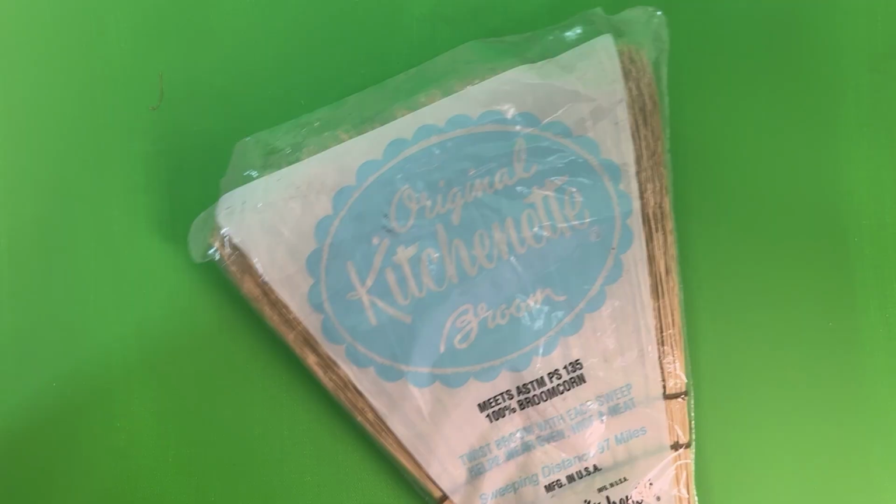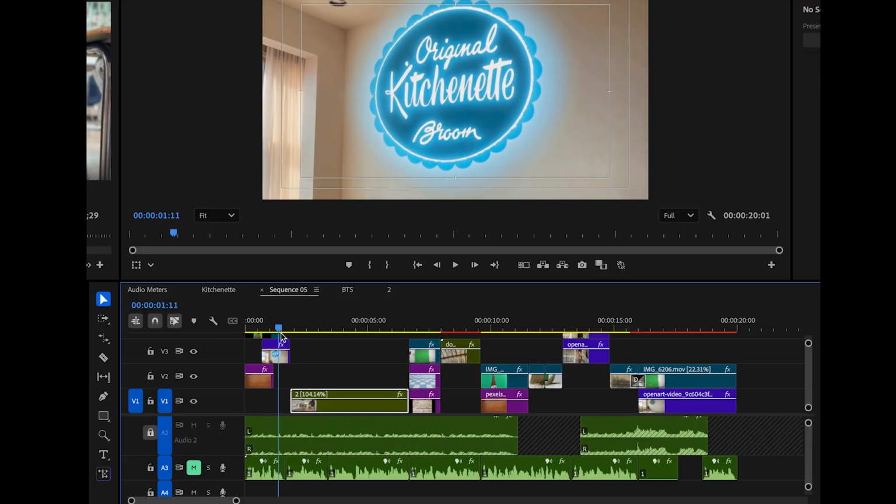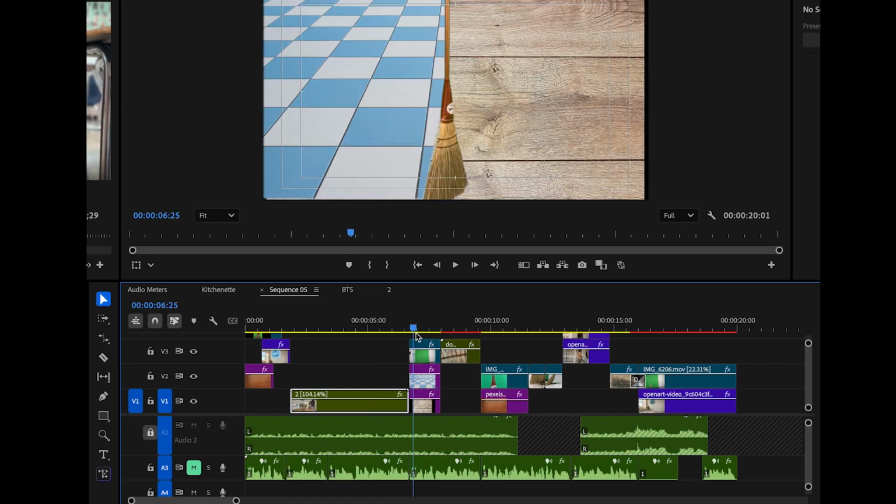Now the logo. I uploaded the image and prompted OpenArt to create an animated logo. This is what happened. I put all the elements together, adjusted the timing, and I couldn't be happier with the